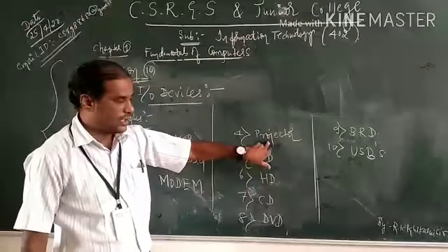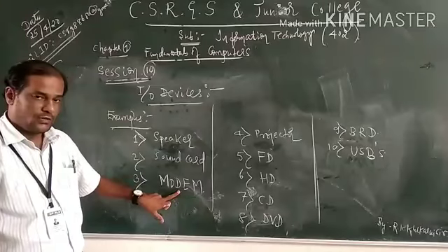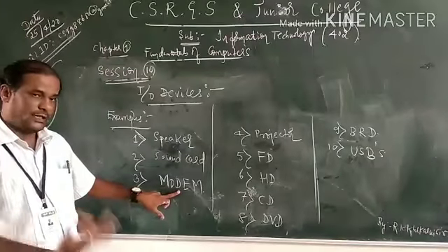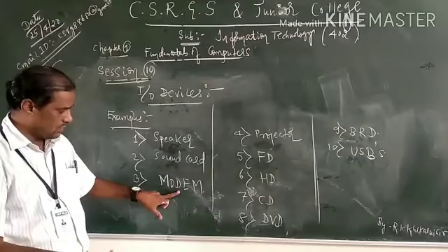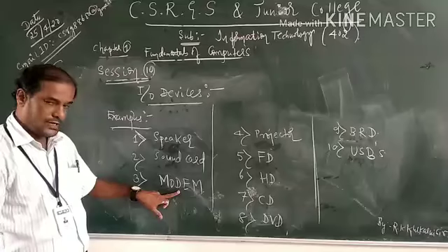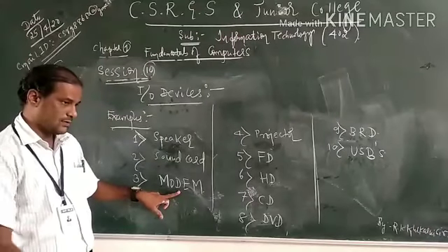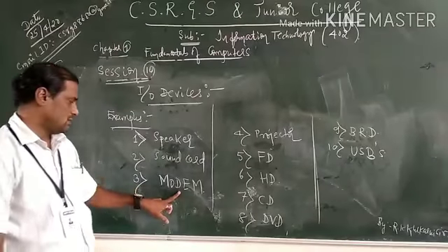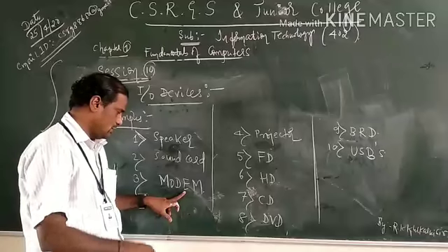Projector is also an I/O device. Modem, modulator and demodulator, which will convert D to A first, then A to D. First D to A, then A to D. So don't get confused by some books. They will tell A to D, then D to A, don't. So mod, dem. Modulator, first D to A, digital to analog, because our computer can recognize only digital, not analog directly. Then at the other end, analog will be converted back to digital. That's why D to A to D.